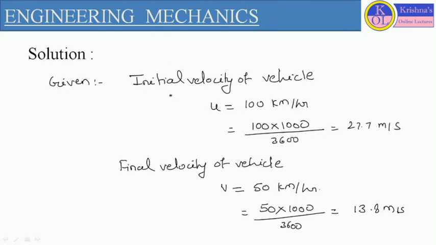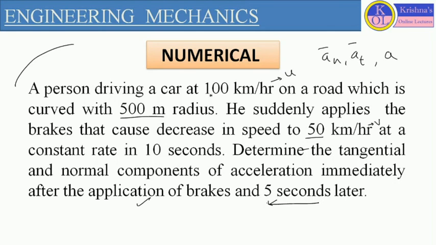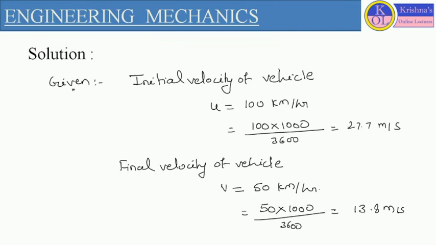So first we see the given terms. Here we have initial velocity of the car or vehicle 100 km per hour, and the final velocity of the car after application of brake after 10 seconds is 50 km per hour. So initial velocity of the vehicle is in kilometer per hour, so we will convert this into meter per second. So this will be 100 into 1000 divided by 3600, so it will be 27.7 meter